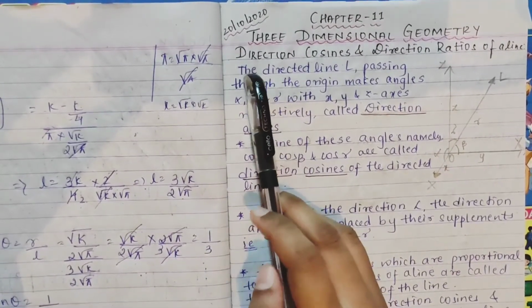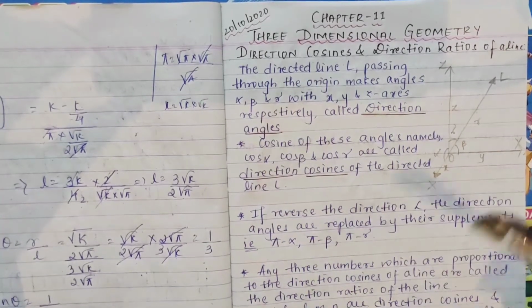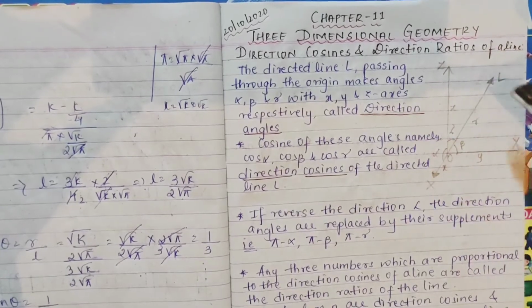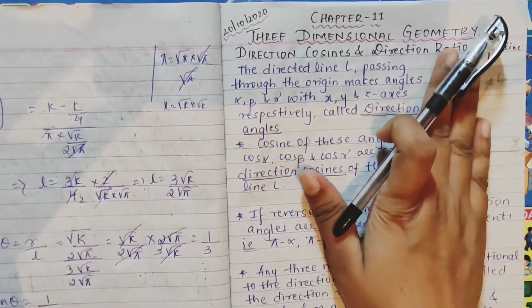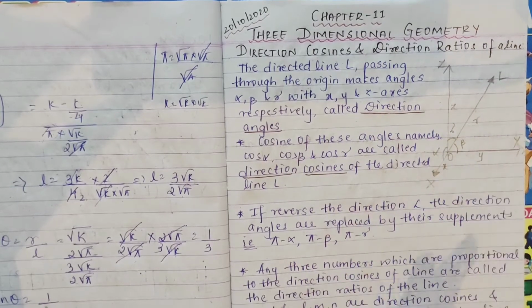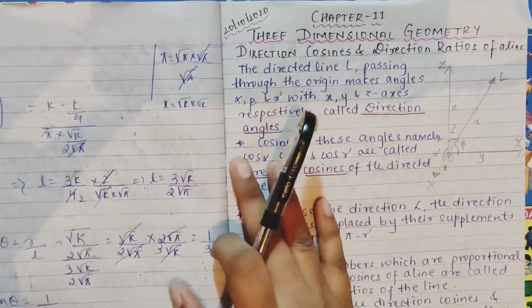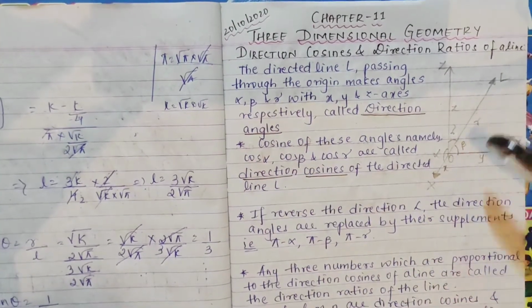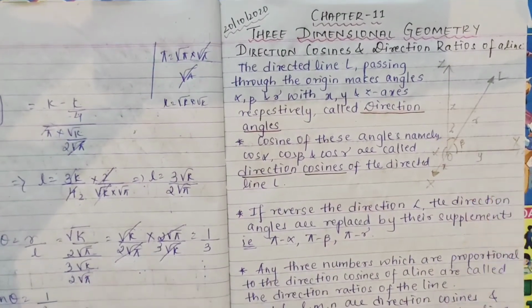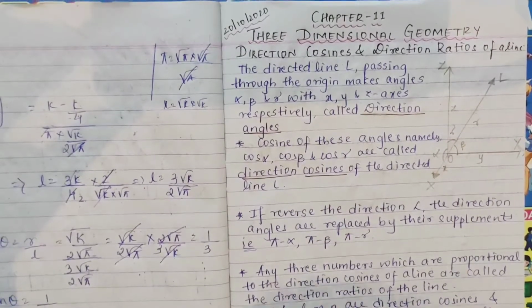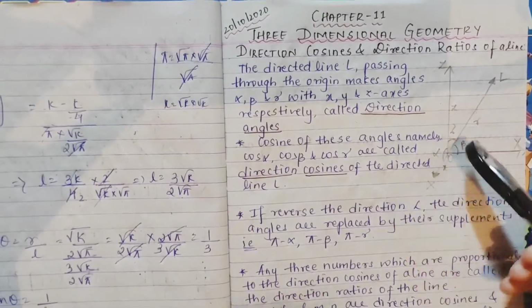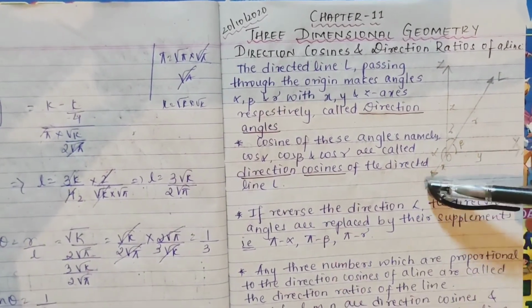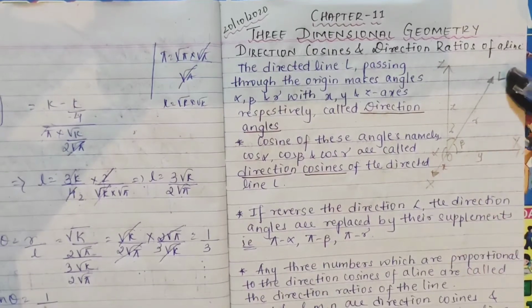So we are starting with our same direction cosines and direction ratios of a line, right? We are studying about a line itself, but in three-dimensional geometry, that is three-dimensional space, in the Cartesian plane itself with the same procedure. So what are direction angles, direction cosines? I have written it. See, there is your plane, right? This is your three-dimensional Cartesian plane. A line is passing through the origin, which I have taken as L.